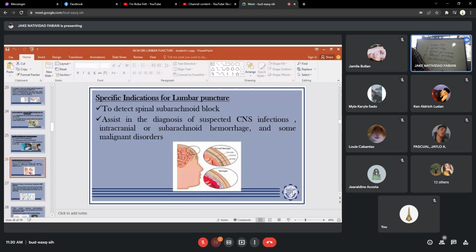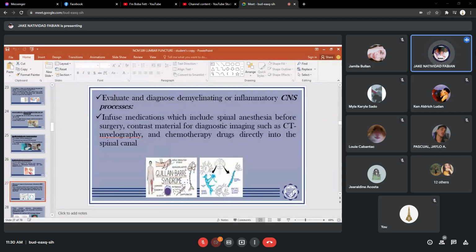It may also assist you in diagnosing intracranial or subarachnoid hemorrhage. Oo, kasi pwede nating makita na nag-increase ang RBC sa CSF, nag-increase ang protein, ganyan. And also, in the diagnosis of some malignant disorders like your brain tumor, your brain cancer, or malignant brain cancer. And another reason